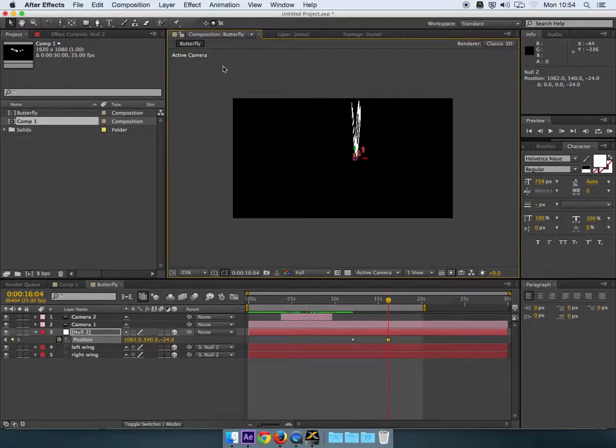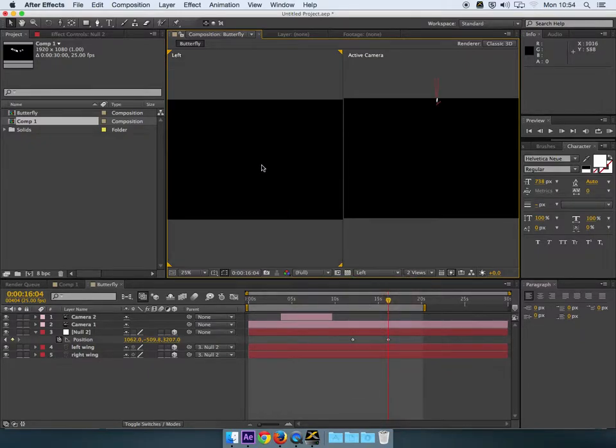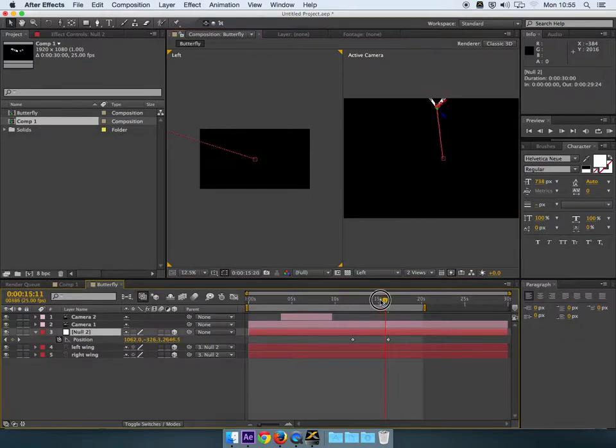and I want to push this away in its local axis. So I'll start pushing it away. If you want to push it faster, hold down Shift and it will allow you to do it that way. So if I pull up my two views, push the second one to the left, I should be able to see the null object's motion path,